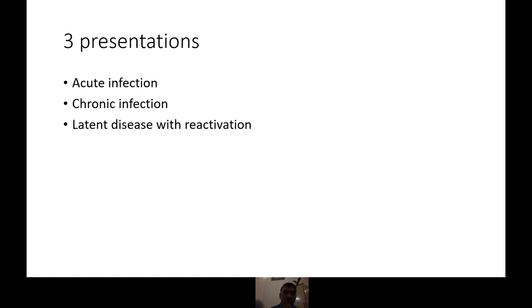So there are three types of presentation that you might get: acute infection, where the patient presents with fever, sepsis, severe pneumonia, and ending up with death. Then there's chronic presentation, like insidious onset, where the patient can present as PUO, gradual onset cough, just like TB, right? The case that we discussed earlier. Then of course there's latent disease, where the patient is fine as long as his immunity is there, but later on can have reactivations, just like TB.